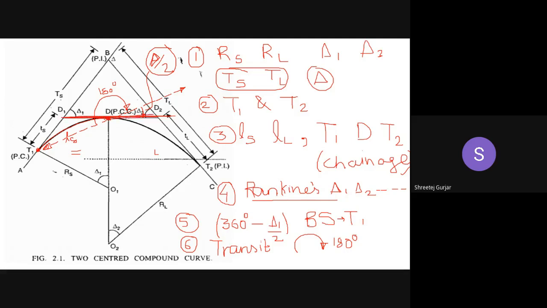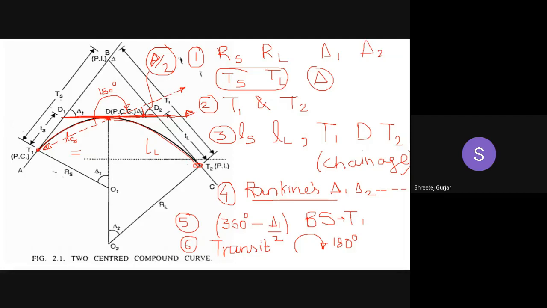Okay. So what we have done, we have set our theodolite at a particular point D, and then we have properly aligned our line of sight in this particular direction D2. We have aligned our telescope properly. After you do this, the last step is using Rankine's method. Again, you have to use Rankine's method and set your curve LL, until you reach your point T2. You can set the small curve LL using Rankine's method and arrive at point T2.